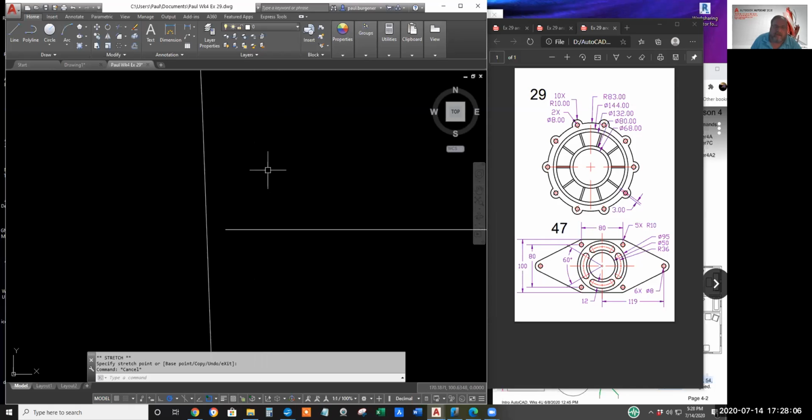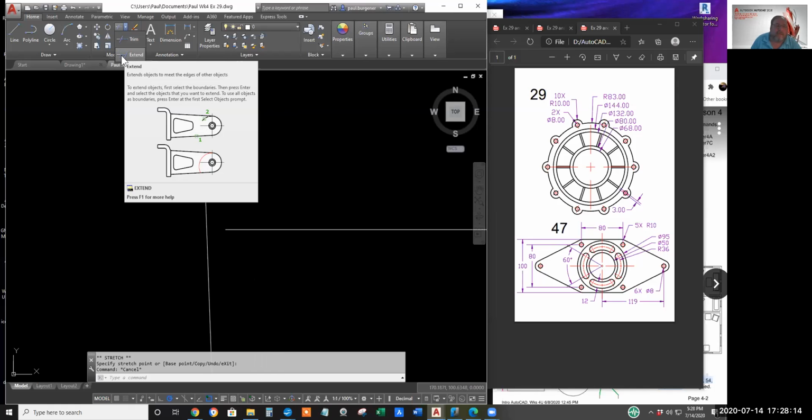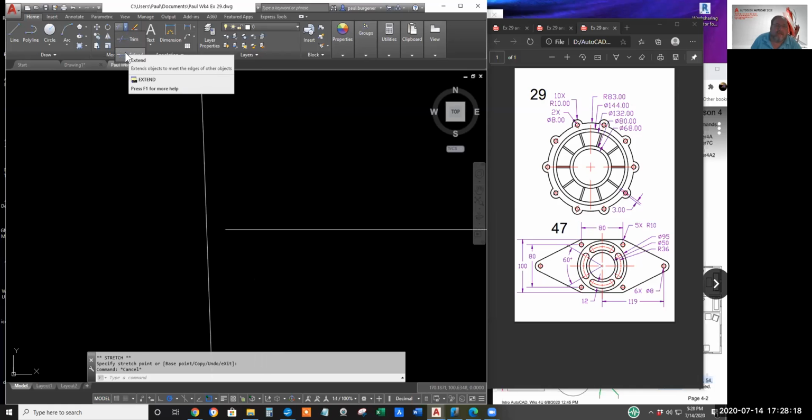The other way that probably goes with this class better is the extend command. It's similar to trim, so it's on the same flyout. Click the extend command. In this case, you're selecting boundary edges, not cutting edges.